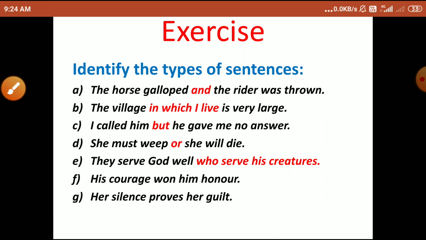So based on these things, we can easily understand which sentence belongs to what category. We must know well what coordinating conjunctions and subordinating conjunctions are. Our next discussion will be about transformation of sentences. I hope this will become easy for you now, because we have discussed in detail all the required things that are necessary for this topic.